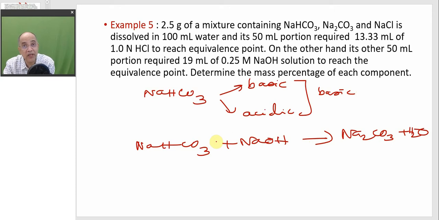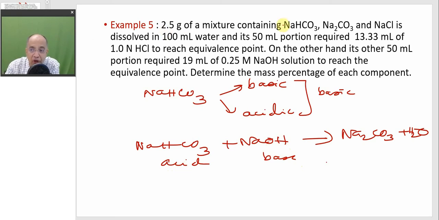So we will be doing another titration with sodium hydroxide. Earlier we were using only acid, either HCl or sulfuric acid. In that case, you were using bicarbonate as a base. But now when you use sodium hydroxide as the titrant, sodium bicarbonate will be used as an acid. And sodium carbonate will not be reacting with NaOH. It doesn't have an acidic hydrogen atom, only sodium bicarbonate. Right?